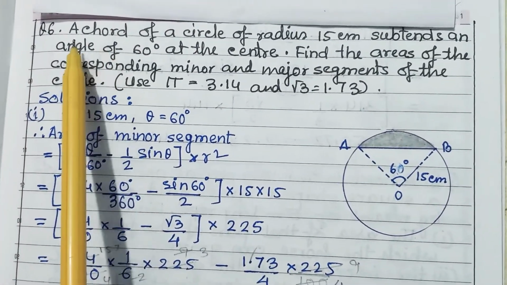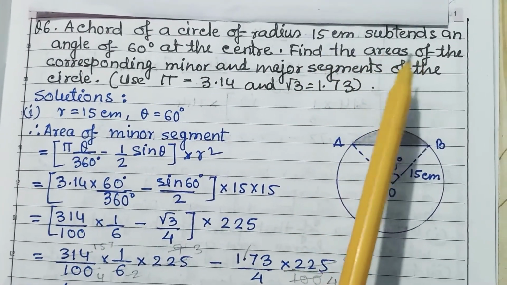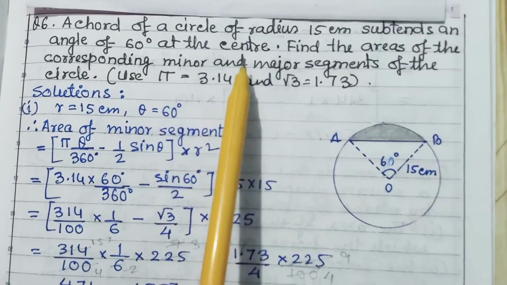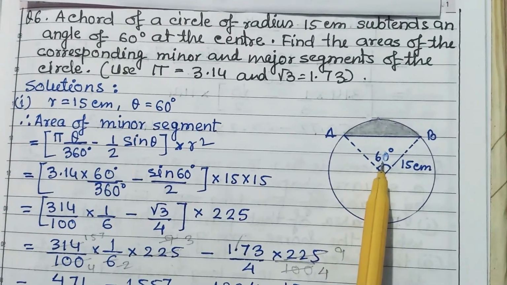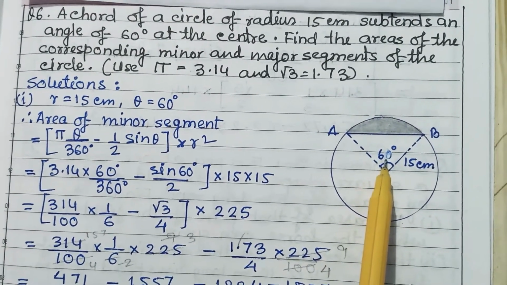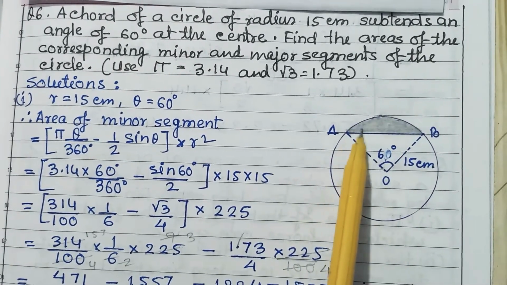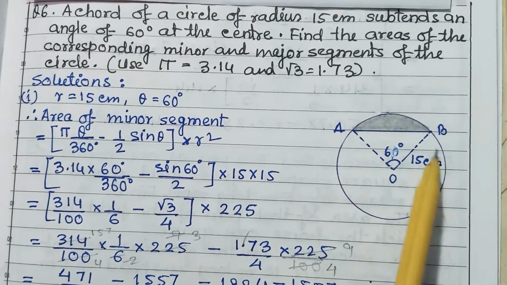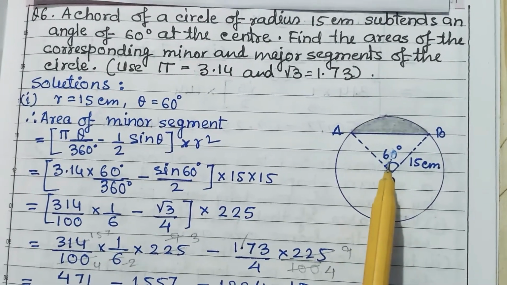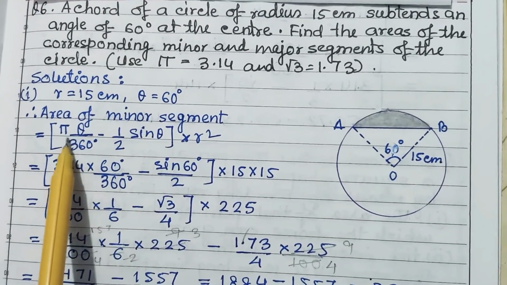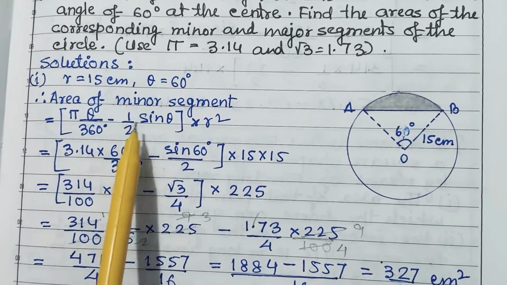Now, question 6: a chord of a circle of radius 15 cm subtends an angle of 60 degrees at the center. A chord AB subtends an angle of 60 degrees at the center. Find the area of the corresponding minor and major segments. This is the minor segment and the rest of the part is the major segment of the circle. Now, the formula for the area of the minor segment is (pi theta upon 360 minus half sine theta)